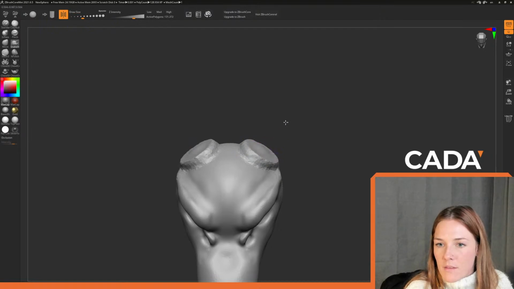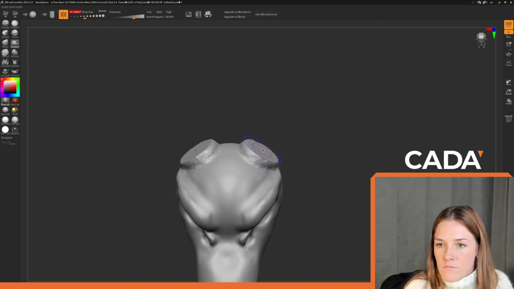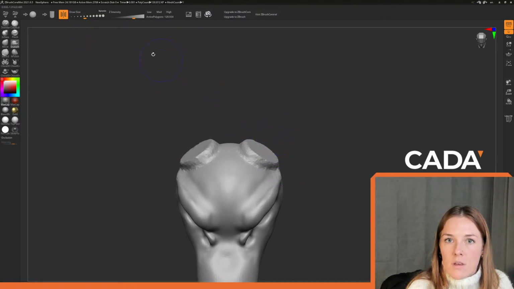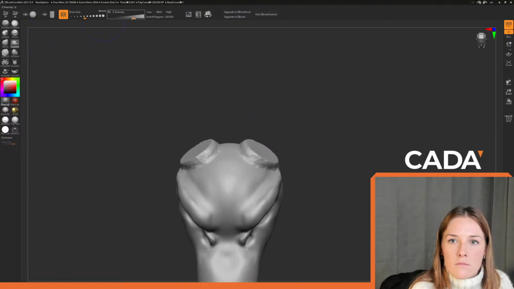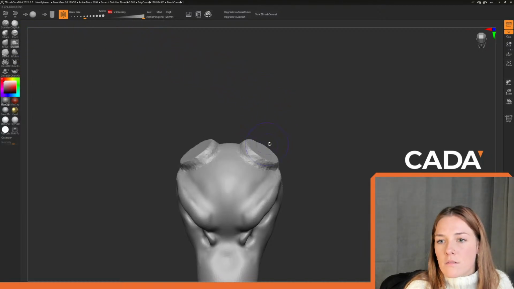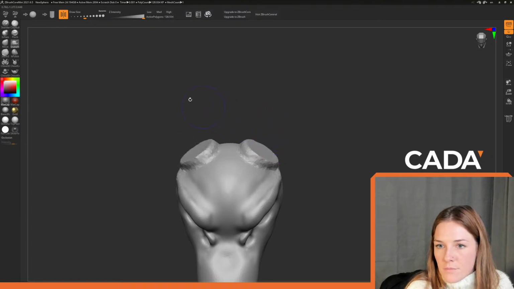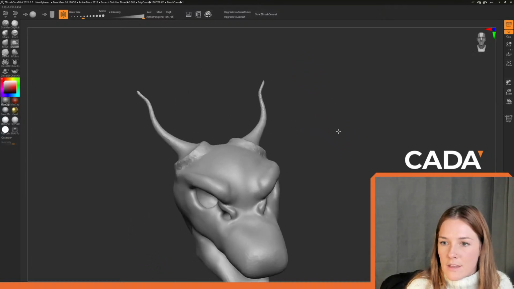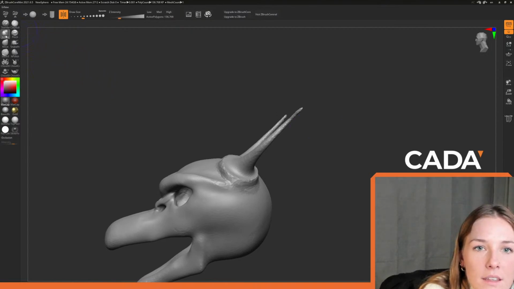Can't really be higher than this, can it? Oh, hello. Yeah. Okay. Super thin and scrawny and strange for now,